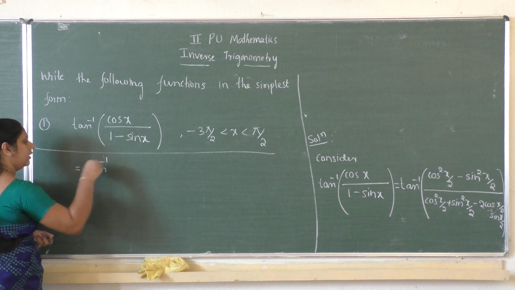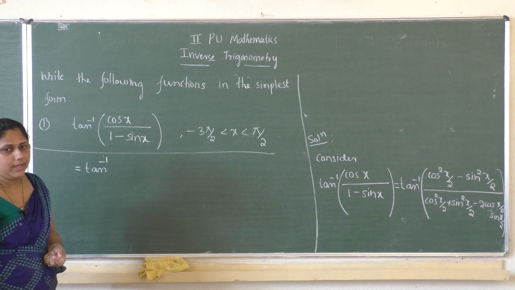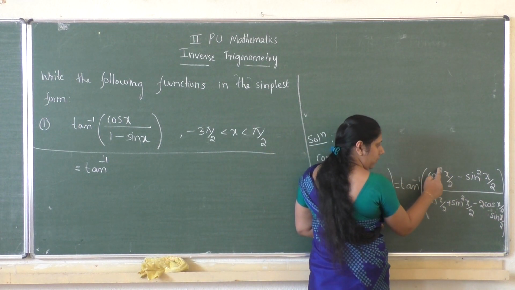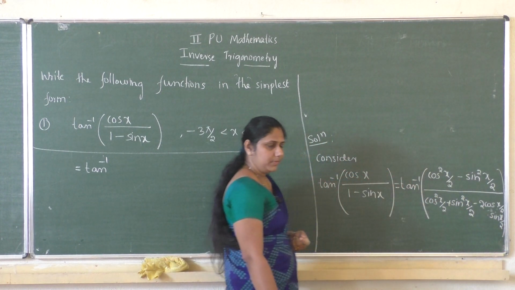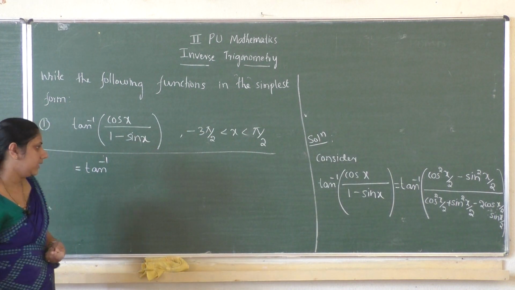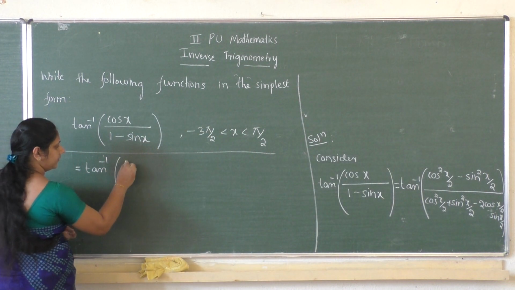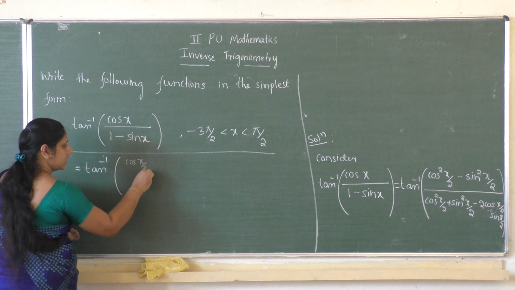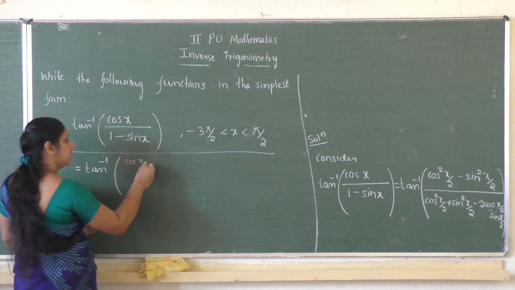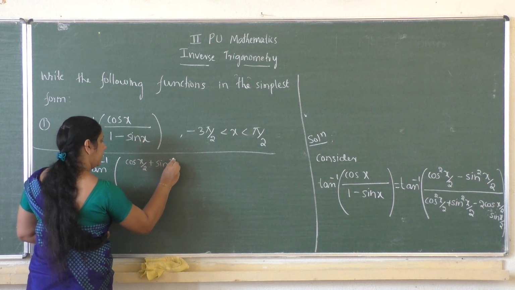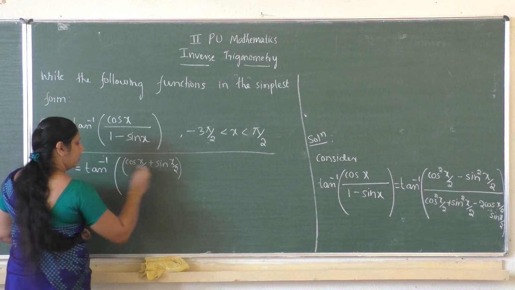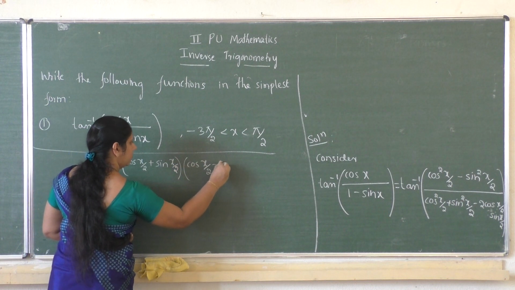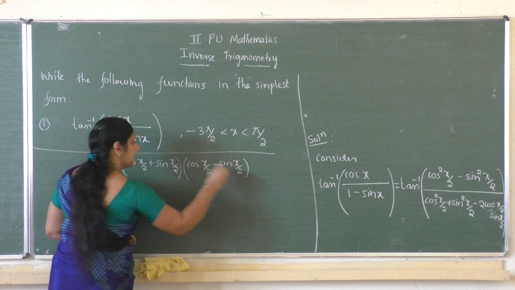see the numerator looks like a square minus b square, right? See the numerator, it is of the form a square minus b square. So what is the formula for a square minus b square? It is a plus b into a minus b. In the place of a we have cos x by 2, in the place of b we have sin x by 2. So it is of the form cos x by 2 plus sin x by 2 into cos x by 2 minus sin x by 2